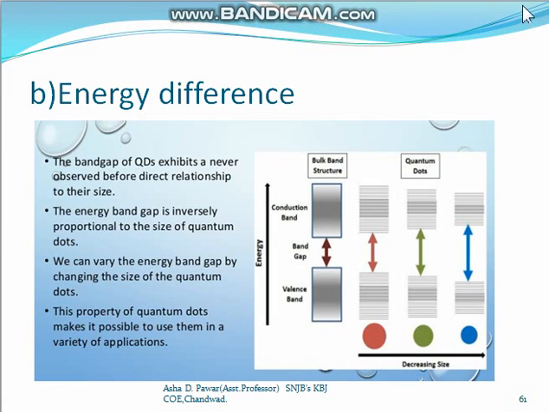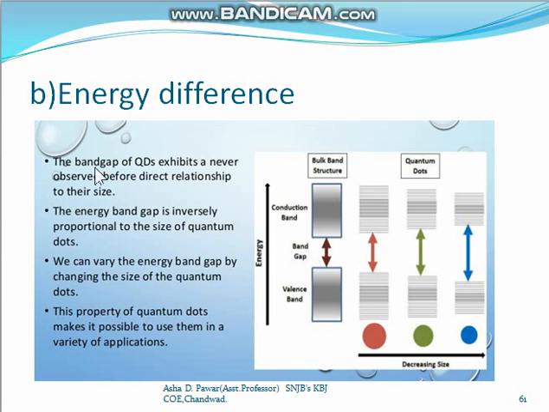And the second, which specific color glows by the quantum dot also depends upon the energy difference between valence band and conduction band. Observe this diagram. In this diagram, as the size decreases, the energy gap between valence band and conduction band increases. Means a smaller size quantum dot always emits high light energy, that is, the valence band and conduction band difference of energy is higher. Then a bigger size quantum dot always emits lower energy,